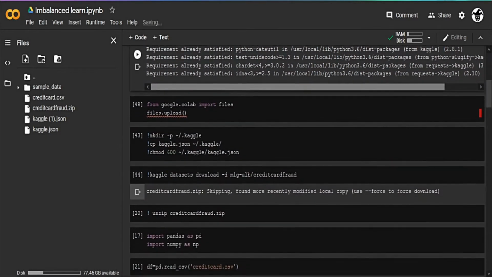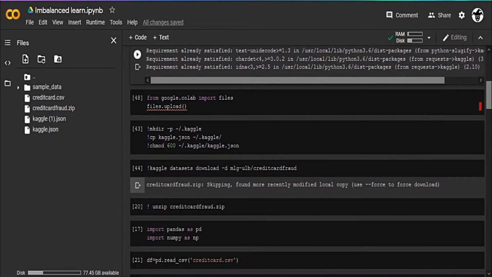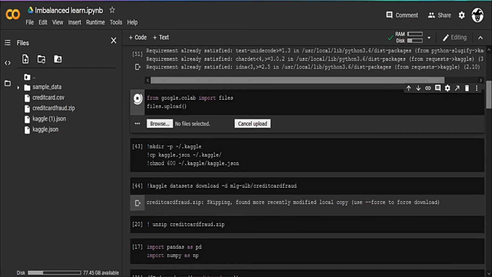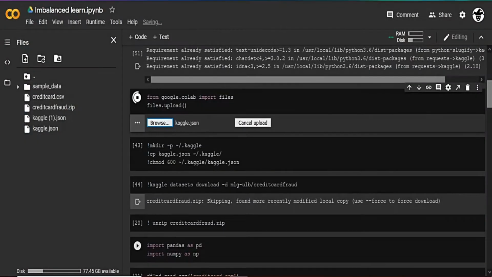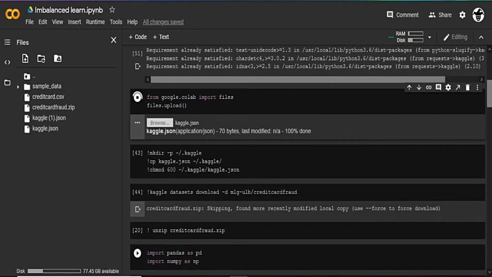And then on the Kaggle website we can get a JSON file of that API, which is given in the profile section of your Kaggle. You need to download that kaggle.json file and upload it here. This JSON file can be uploaded from this code. I upload it with the help of browse. So that uploads our Kaggle JSON,